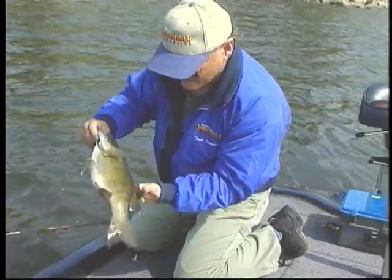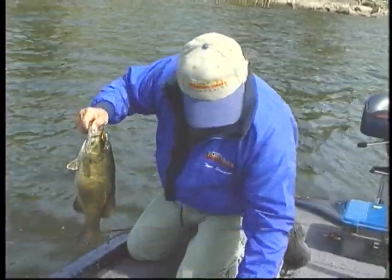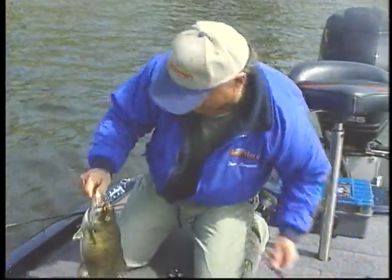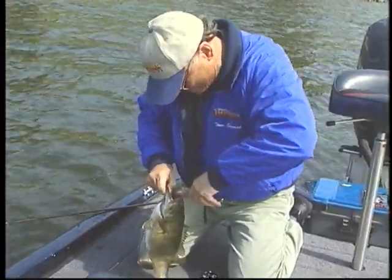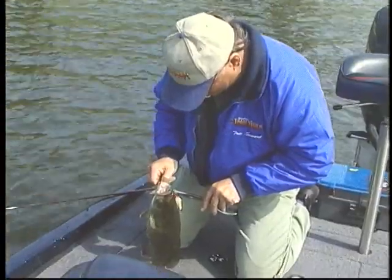Look at the body. That's what I look for, those lines right there. Beautiful lines. You know that the eggs are in there. Oops. Don't want to hurt the...